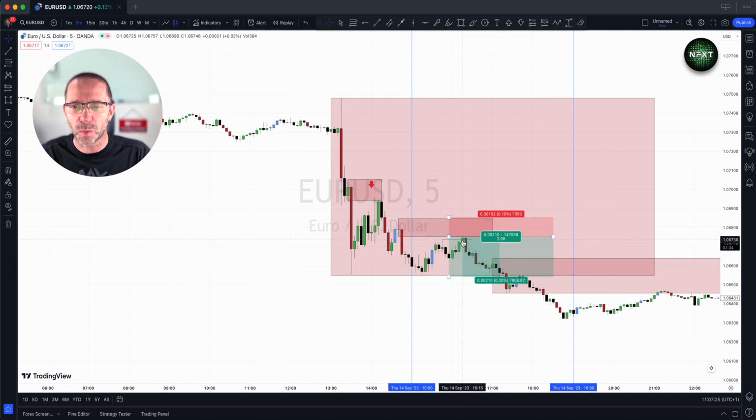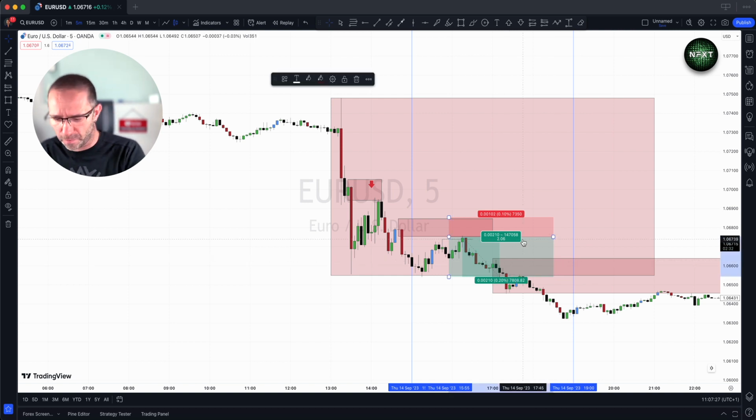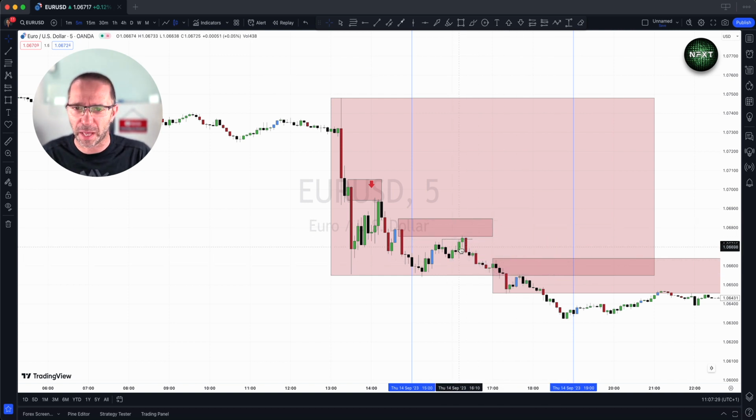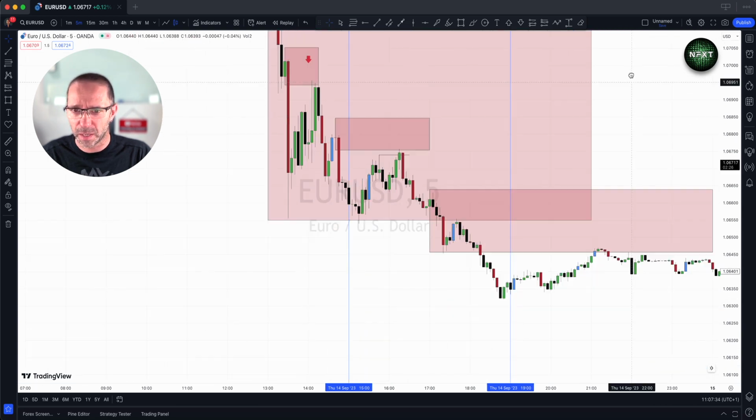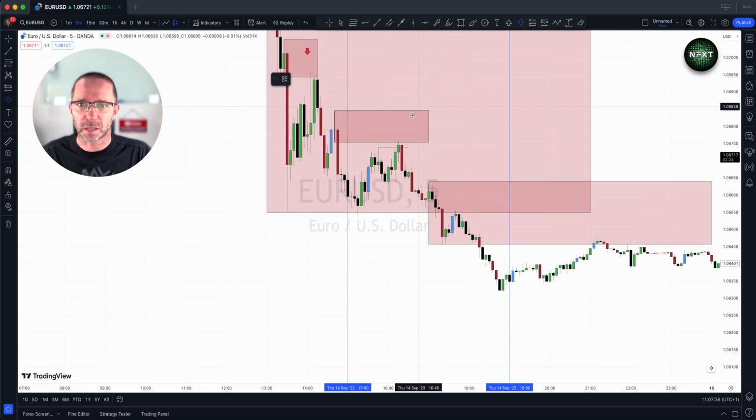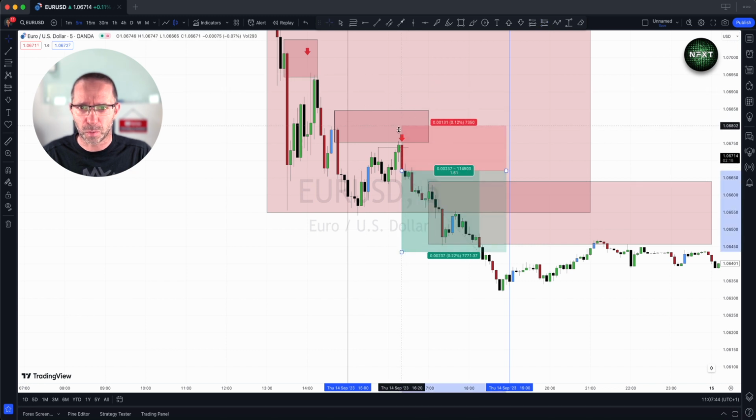Now the other way is we wait to confirm the move out of that area of supply on the 5-minute. That's by seeing this bearish candle. Okay, that is confirming that that's the drop out on this move. Now obviously you can see the risk to reward is going to be much smaller. So what we can also do is look for a better swing where the market's going to want to go. So if we're taking an entry here to this swing low, you can see we've only got a 1.5 risk